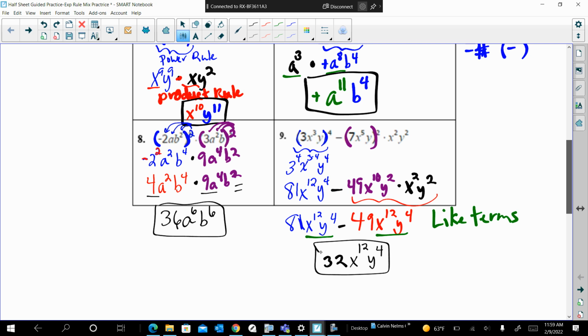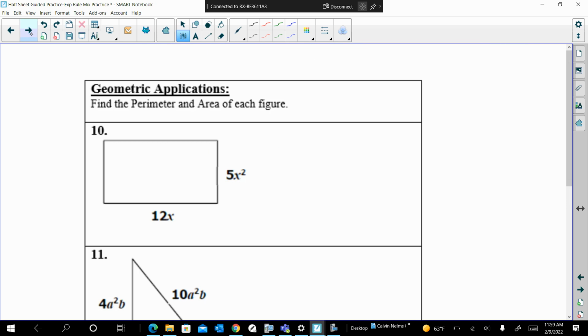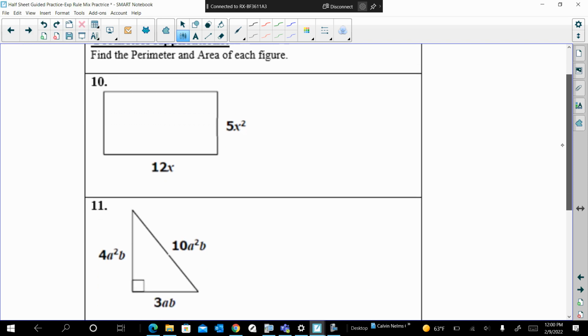So we're going to take these same rules, these same mixed approaches, and now apply them to geometric figures. So if you go to the next part. This is algebra. Okay, so